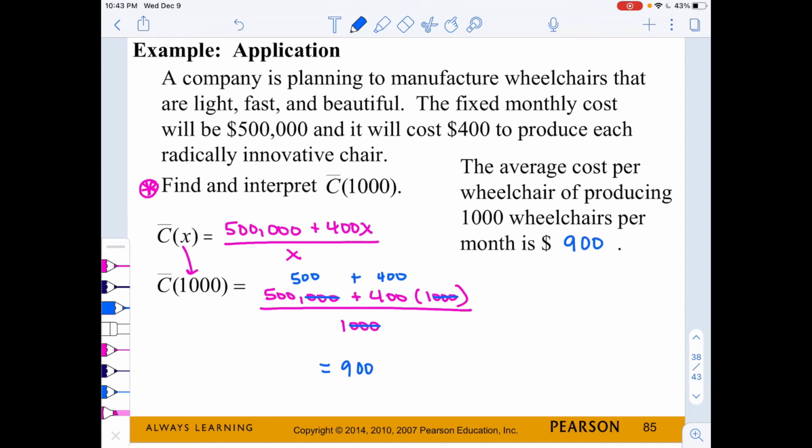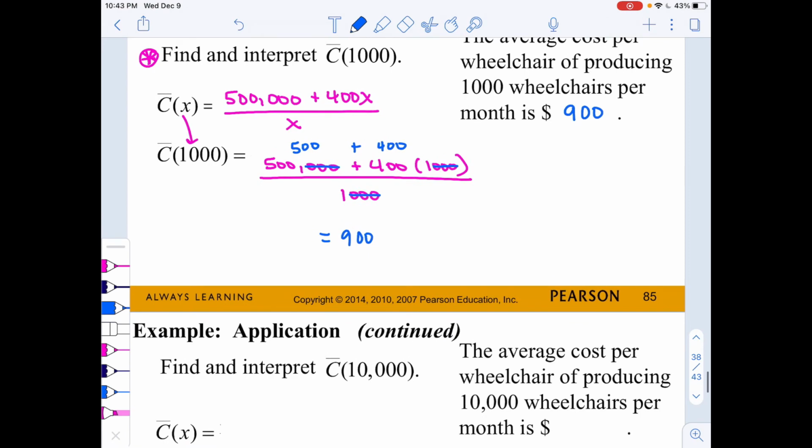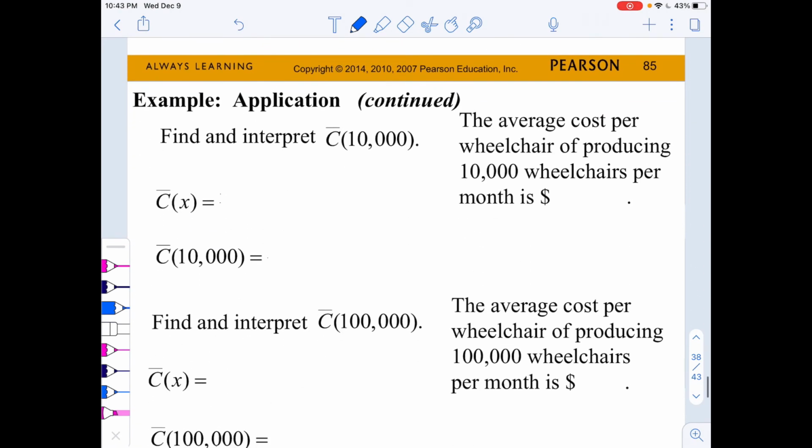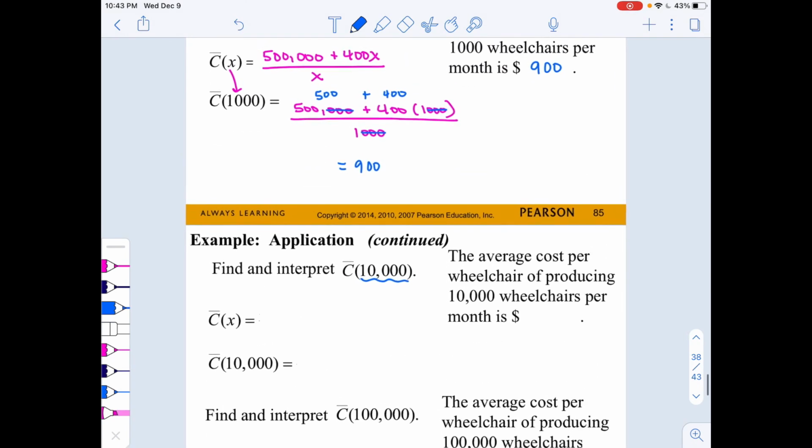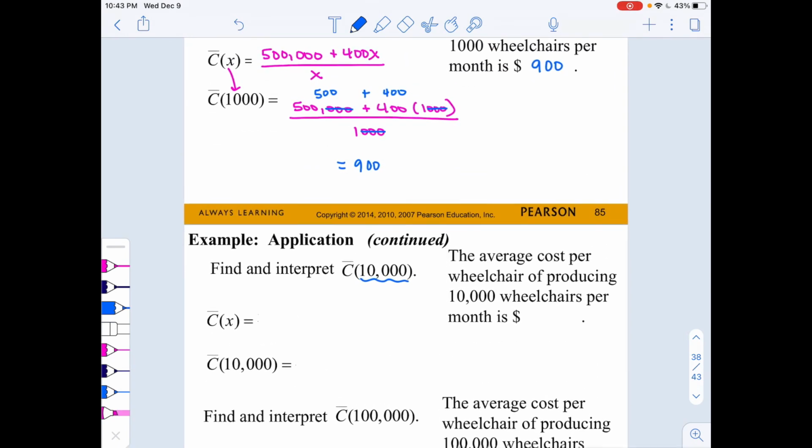Well, it's going to cost $500 just to make the wheelchair, but then there's an extra $500 per wheelchair to help us cover all those costs that we have within that company. So that was 1,000 chairs. What happens if we do 10,000 chairs? Using that same function, I'm going to squeeze them onto the same page. What happens if I have my $500,000 plus 400 multiplied by 10,000, and we're going to divide that by